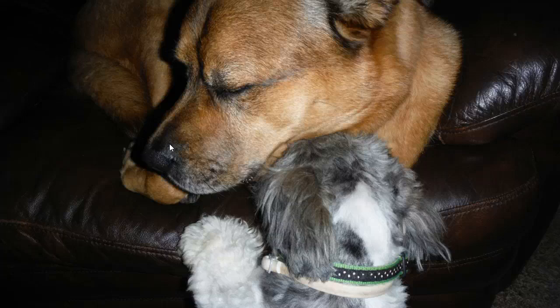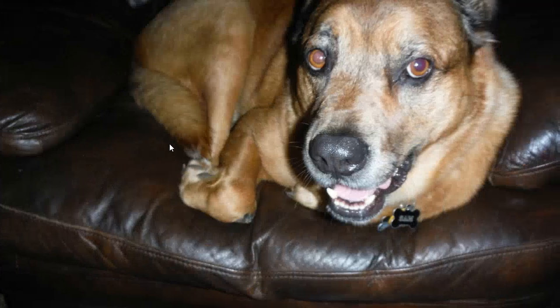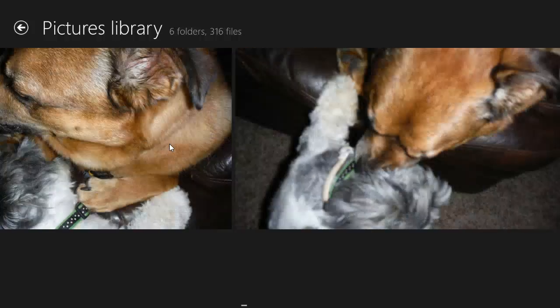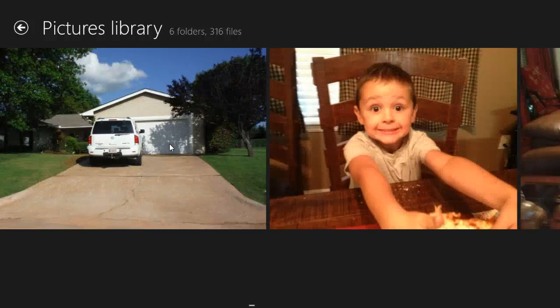You can see Sam laying on Tiffany's couch, which 5 years ago before we got a dog was unheard of. This would not be happening. The dog would not be laying on our furniture, and now they kind of have their way. They can get on whatever they want and do whatever they want. They've got their way around our house because we love our animals very, very much. And so you could talk about your animals. There's really no limit.